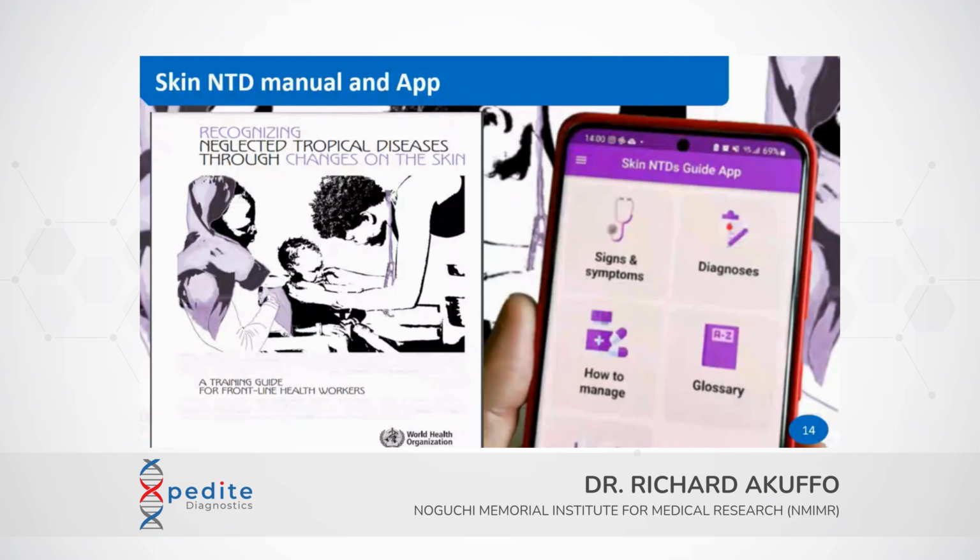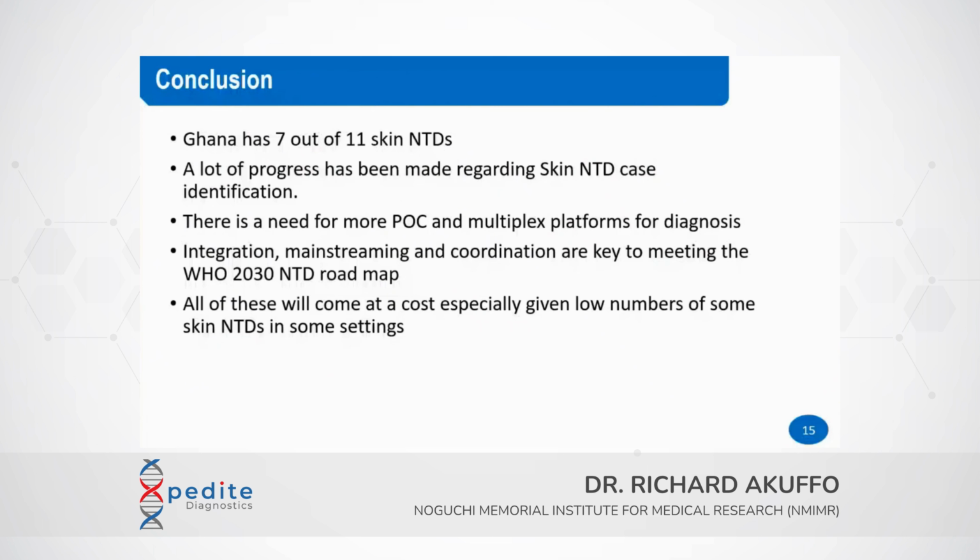So in conclusion, I will mention that clearly from the work we've done in the country, Ghana has 7 out of 11 skin-NTDs, and we have the majority of them. So you are at the right place. A lot of progress has been made regarding skin-NTD case identification through various research activities, as well as work by the National NTD Control Program and the Ghana Health Service in general. But there's clearly a need for more point-of-care tests and multiplex platforms for diagnosis. Integration, mainstreaming, coordination by different stakeholders are key to meeting the roadmap set by WHO, but I would not